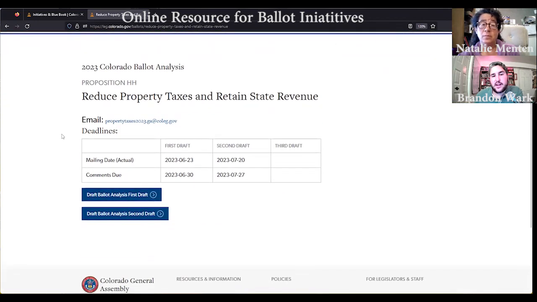We saw this previously on the Blue Book video, but here's actually how you can see this for yourself. So showing you the dates for that first, second draft and this upcoming third draft. We're recording this video at the beginning of August, so that third draft should be coming out sometime soon.